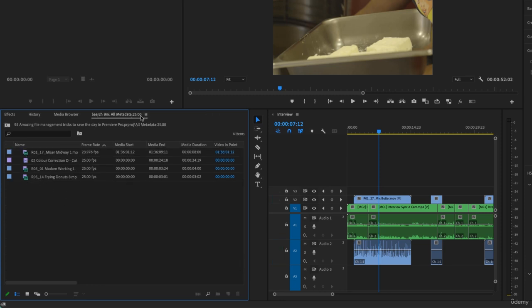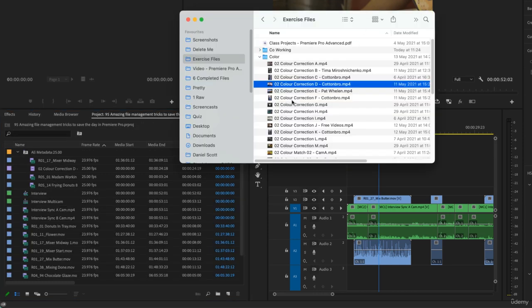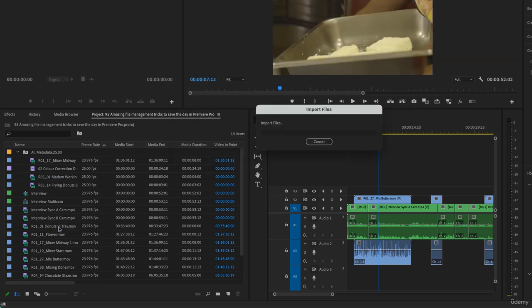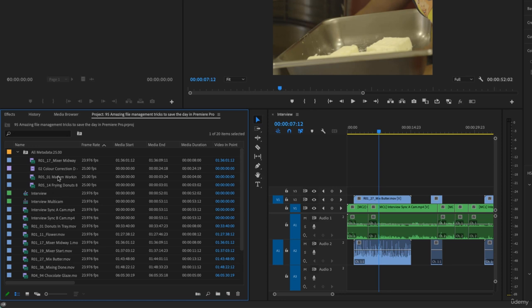Okay, I can go back up to my original one, and let's say I do add something else to it. So something else, 25 frames-ish. So this color correction H, I'm hoping is 25 frames. I'm not going to drag it into that folder. It's not a folder like we've been using. It's a search bin. Okay, so if I drag it down here, it is 25 frames, and you're like, oh,